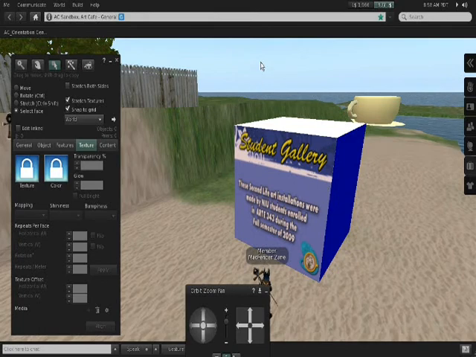Well, that completes the tutorial of how to upload an image into Second Life, how to manipulate the textures of an object, how to place your textures only on one face, and how to then take your images from, say, Photoshop and then